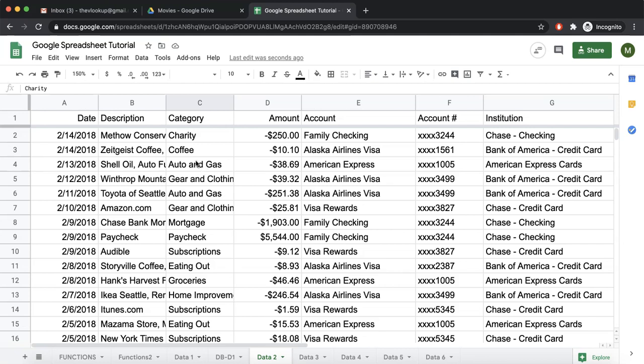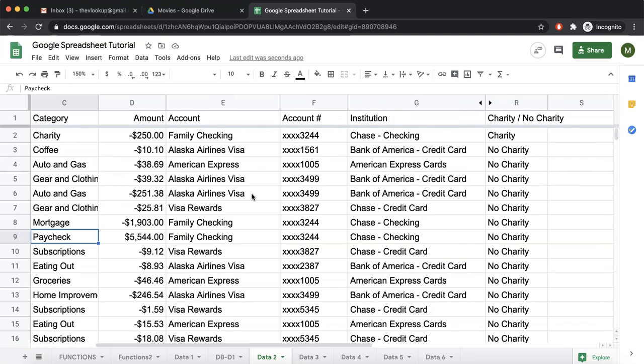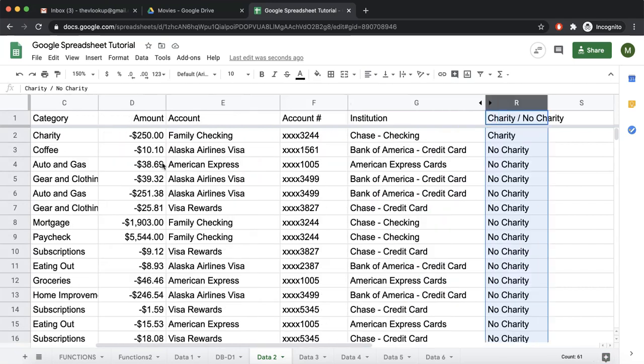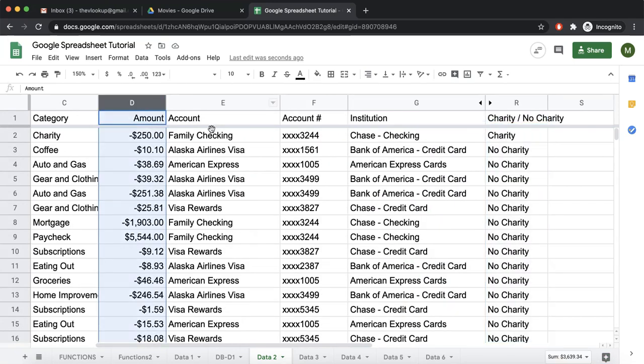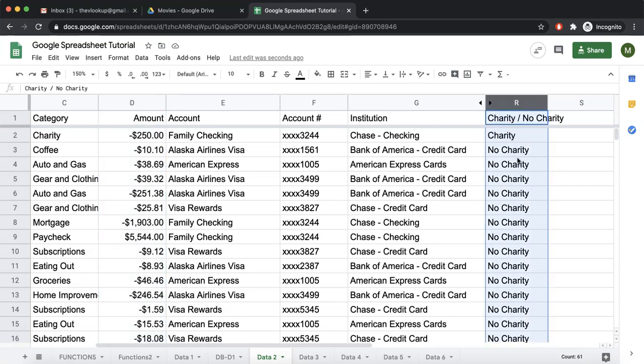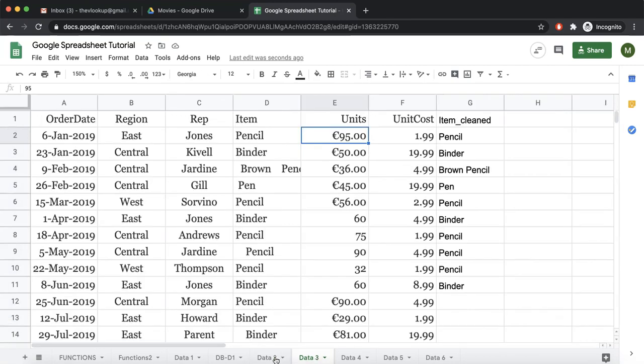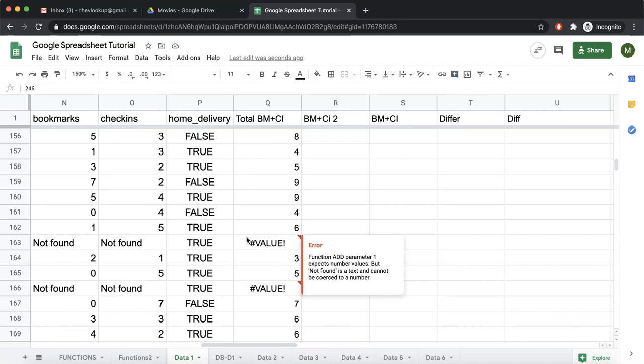It can be auto and gas, a mortgage, a paycheck, anything. So first we convert that into either charity or no charity. Now you can very easily apply SUMIF on this condition. For example, if you want to find the sum of amounts for all non-charity. Now this is very easy because you have one column that says charity or no charity and one column that says amount.